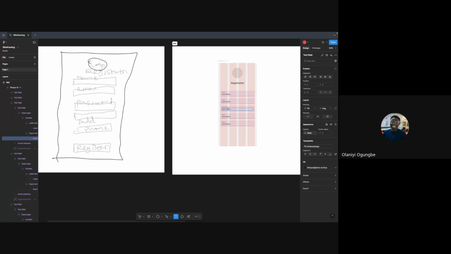password, enter password. And then what's the next one? Address.